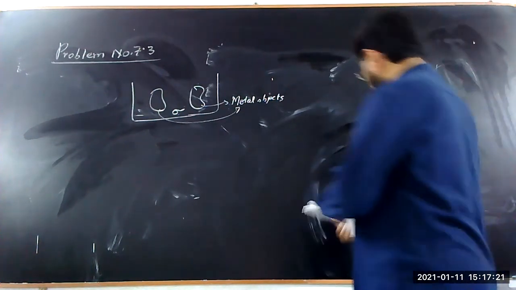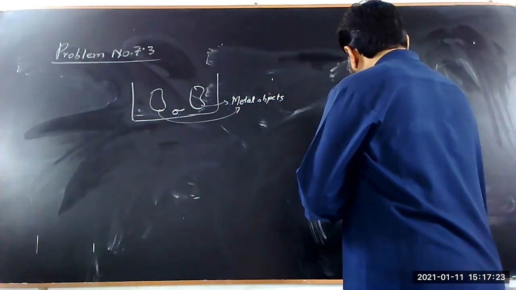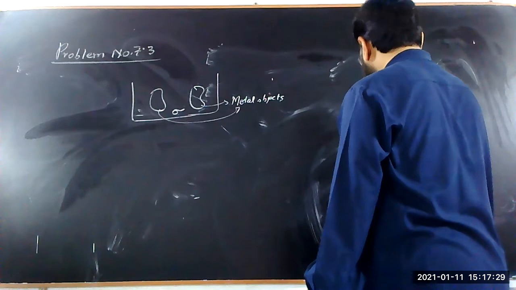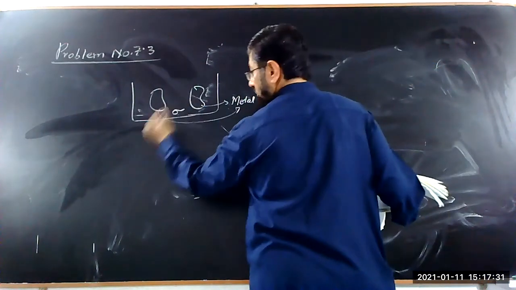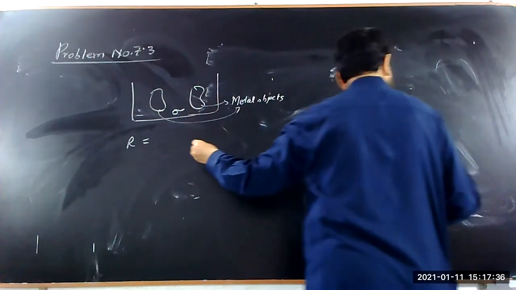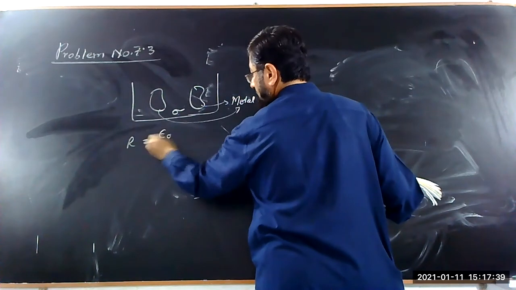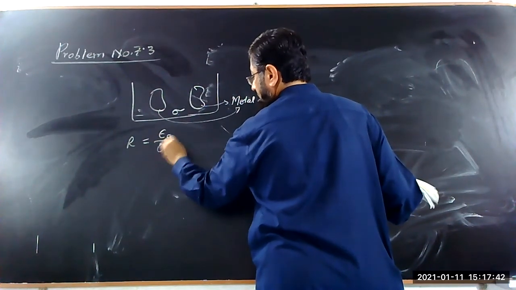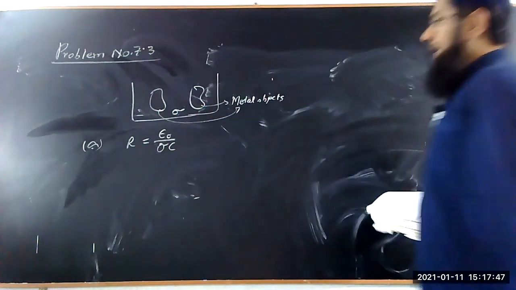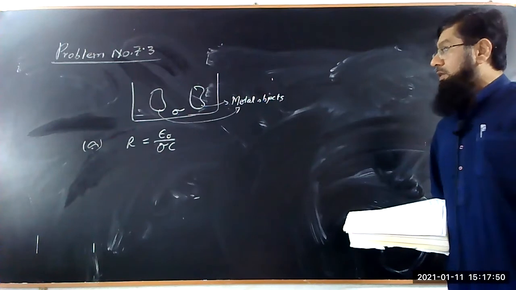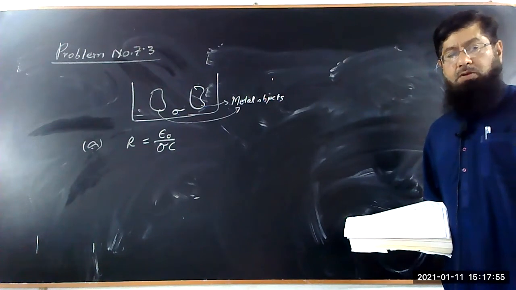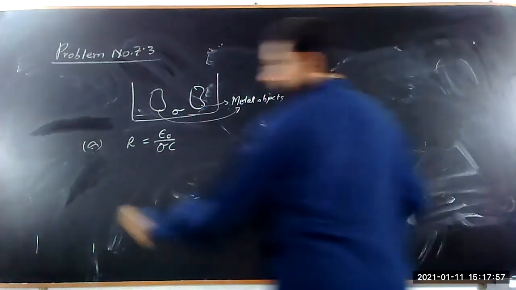Now we have to show that the resistance between them is related to the capacitance of the arrangement through the equation R equals epsilon naught over sigma times C. This is the first problem. We have to prove that the resistance between them is related by this formula. The second part of the question is,